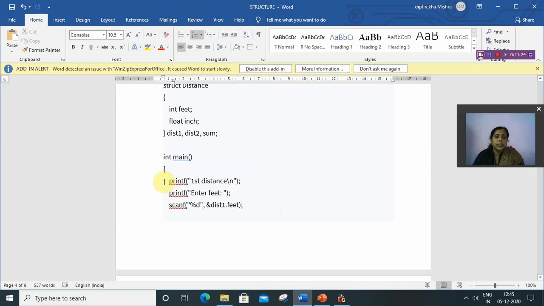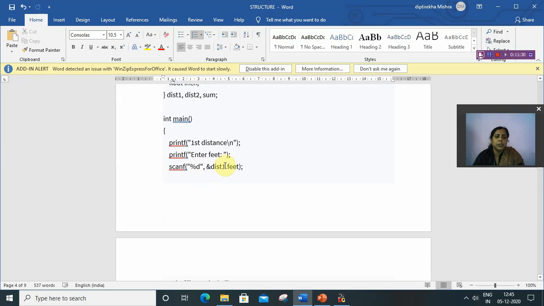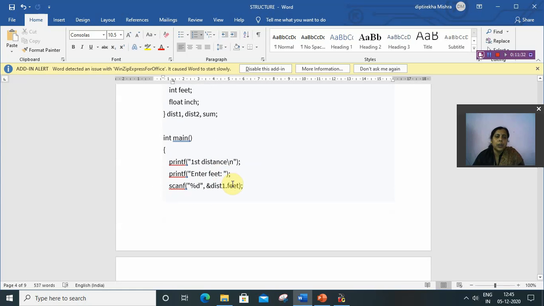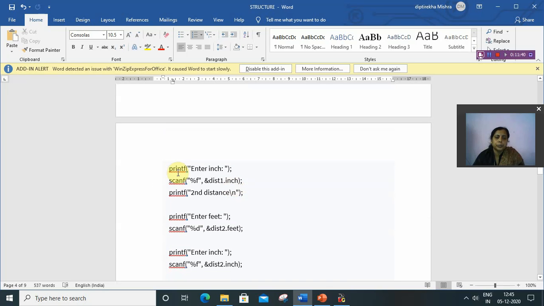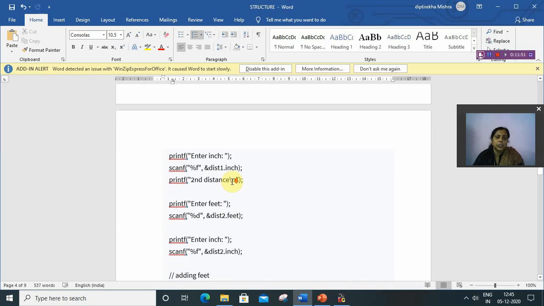Then in main, printf first distance, enter feet, and feet will be stored in distance 1 dot feet. Distance 1 is the variable, and distance 1 dot feet means it will store the feet. Then enter inch. It is float, so write %f, then distance 1 dot inch.